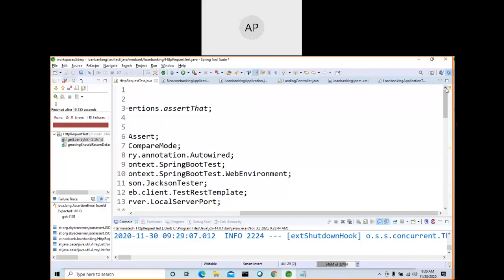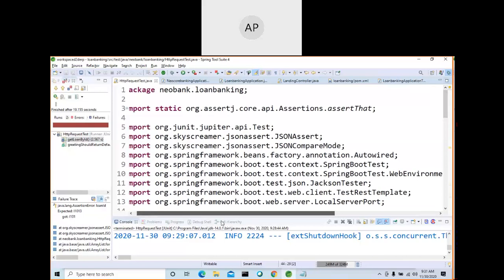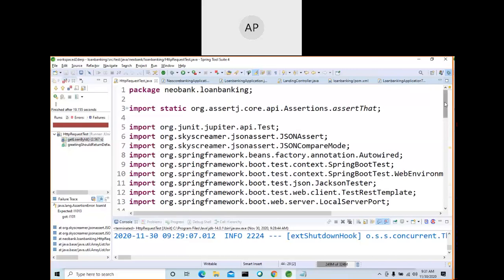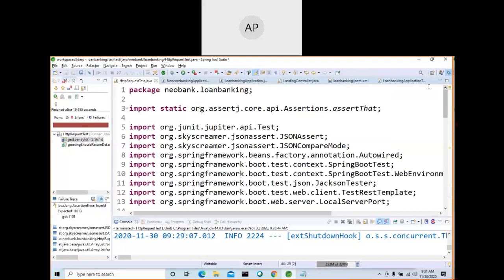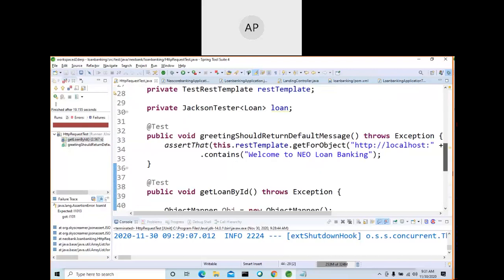Very important. So you should write test cases for the DAO layer separately, the service layer separately, and the controller layer separately. That's the best way of developing your application. You cannot test all the layers together. You need to completely define all your layers.